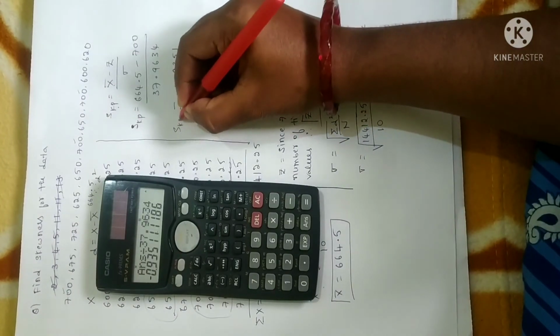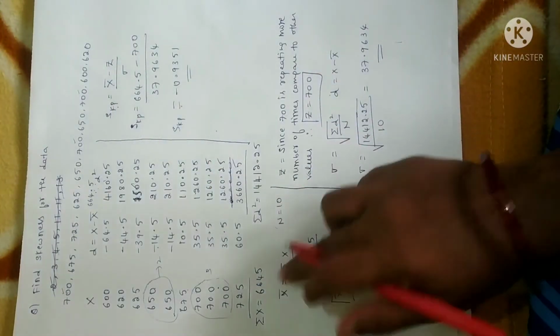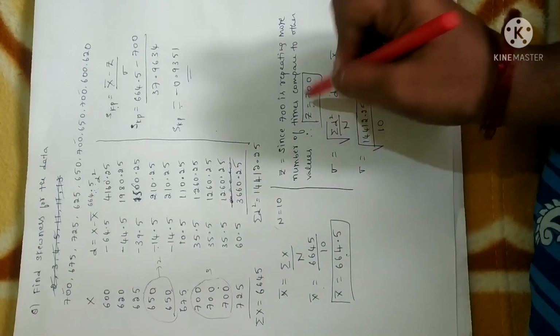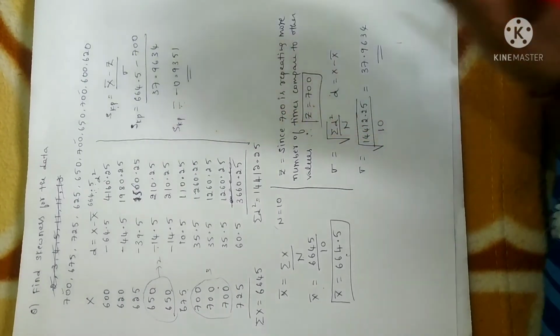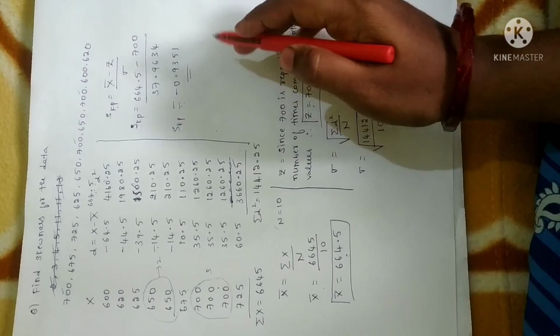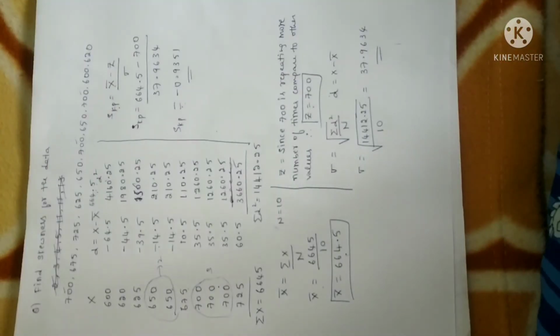So anyhow it is negative. Why? Because you can clearly note that the mean value is 664 whereas the mode value is 700. So as I already told you, when the mode is highest, skewness will be negative. Fine. And moreover it will be in between -1 and +1. So hope it is clear. Now let me solve one more problem of the same kind, that is ungrouped data.